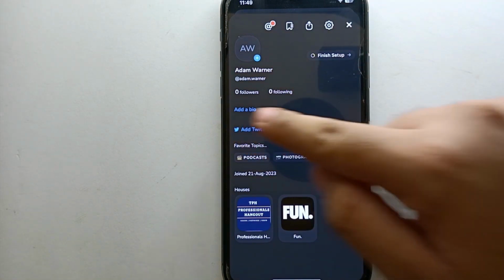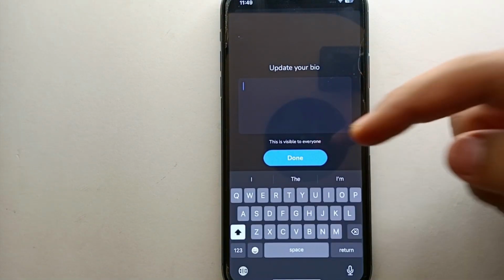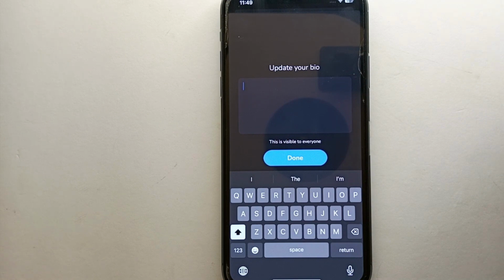So here we have this option which says Add a bio. Once you tap onto that option, you will be able to write your bio. So here you can write anything, whatever you like. It could be about yourself, something that should describe you, or maybe you have seen a quote or anything written on the internet and it really inspired you, so you just want to